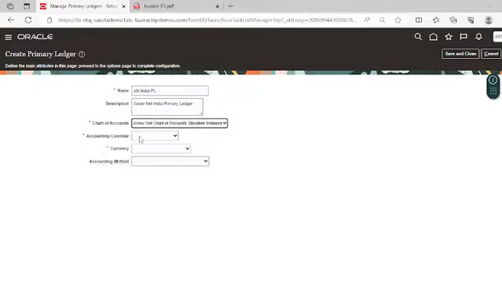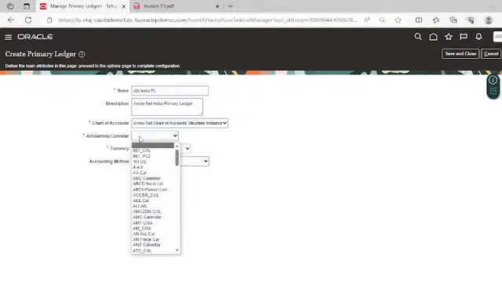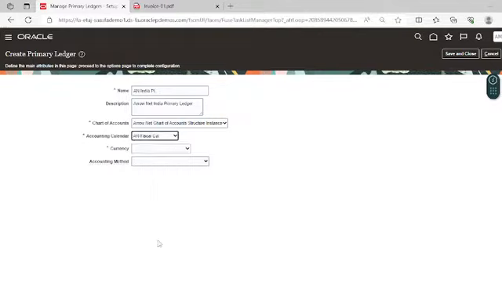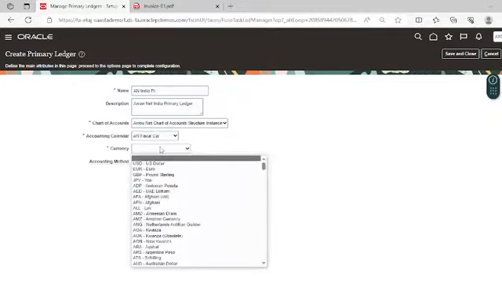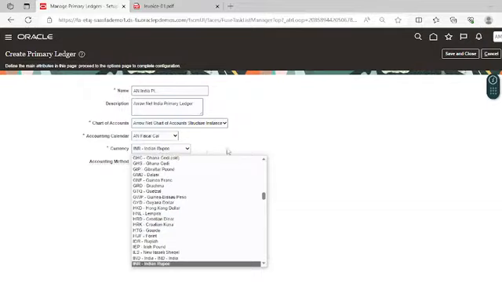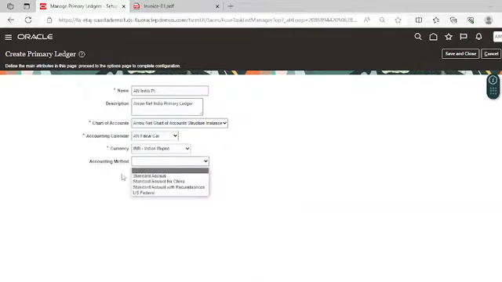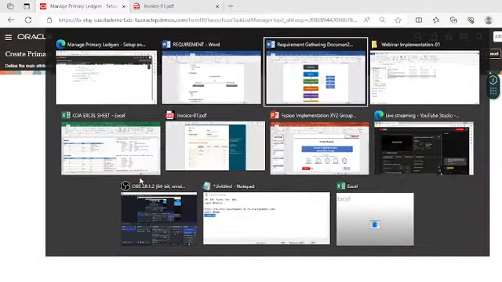Now here you have to select the accounting calendar. So when we are creating the Indian primary ledger, at that time we will use the fiscal calendar. And the currency we will select INR, and the accounting method, we know the requirement of the client.